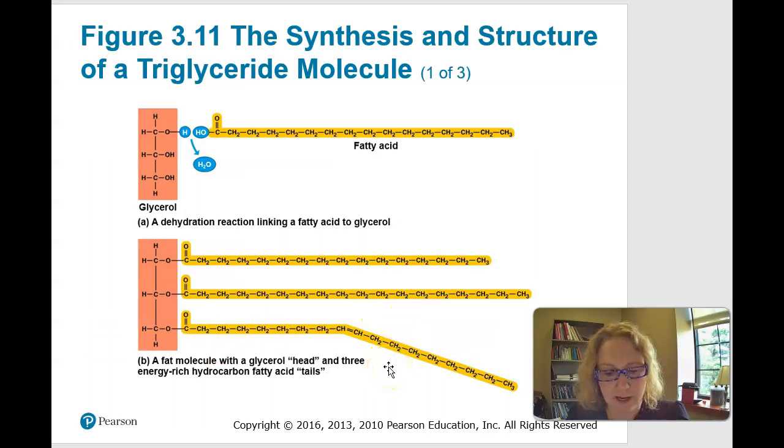So there we have it. It's a dehydration reaction, and you're going to have 3 of these lipid tails, and we will pick up there in the next